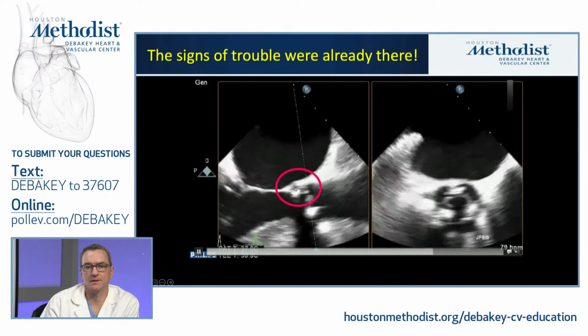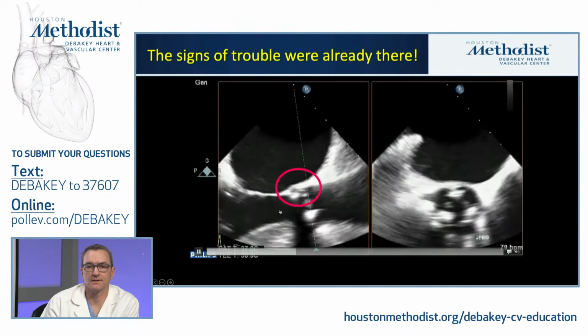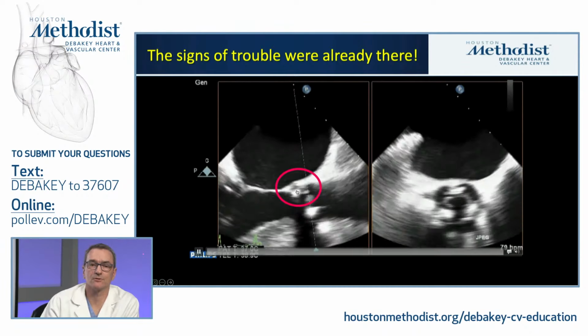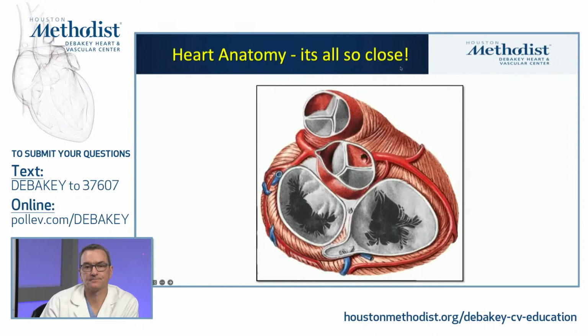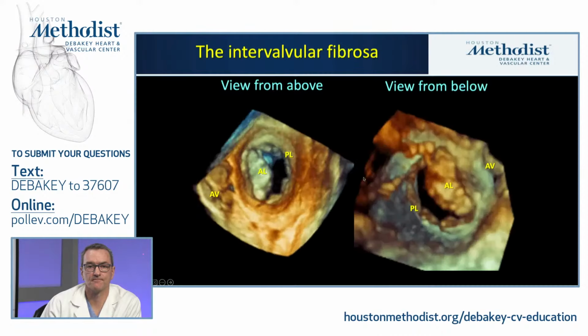So that's one of the things to be aware of. It's very common to have periprosthetic abscess, even small, and that has to be really what we're looking for in addition to any immediate valvular effect of infection. So this heart anatomy is all very close. For example, the pulmonic valve is nicely separated, but the other 3 are very close to each other, share a lot of common tissue from the left and right fibrous trigone into the septal tricuspid leaflets, the anterior mitral leaflet, and all 3 of the aortic cusps.